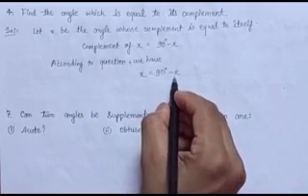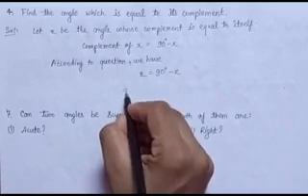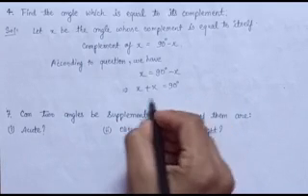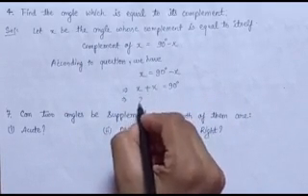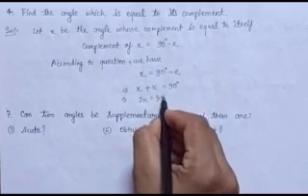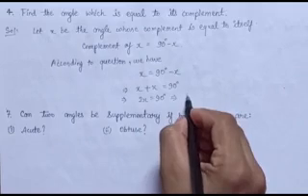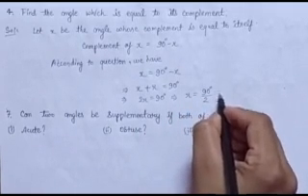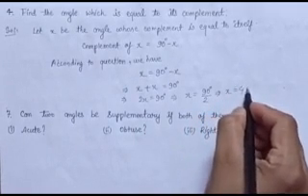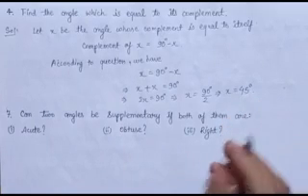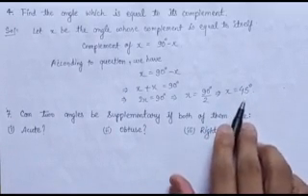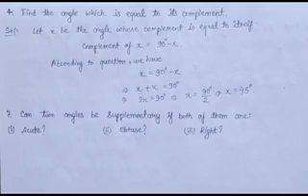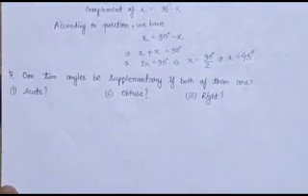When we take this x to the left hand side, then what do we have? x plus x equals 90 degree, which implies 2x is equals to 90 degree, and again it implies x is equals to 90 degree by 2, that is x equals 45 degree. Hence 45 degree is the angle whose complement is equal to itself. Now let us see our next question.